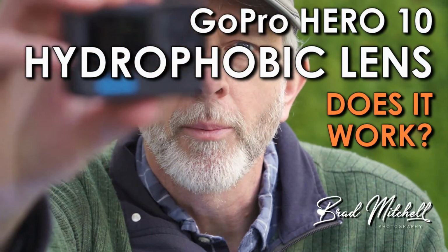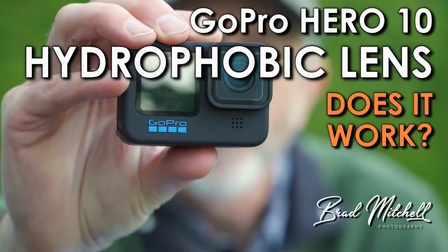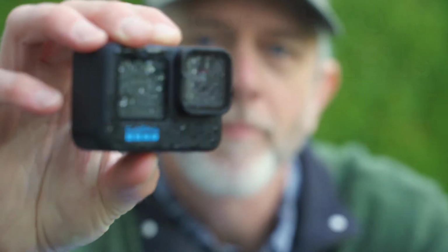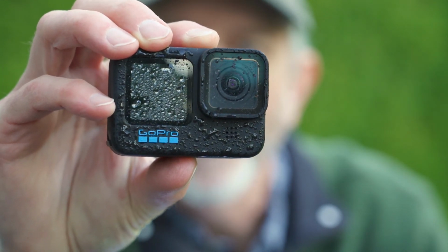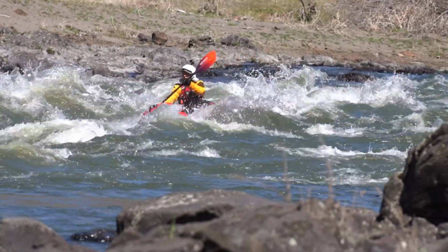Today we're going to talk about the GoPro Hero 10 and its new hydrophobic lens. The question is, does it really work? Let's find out. As someone who shoots video of whitewater action on rivers, I've always been frustrated by the number